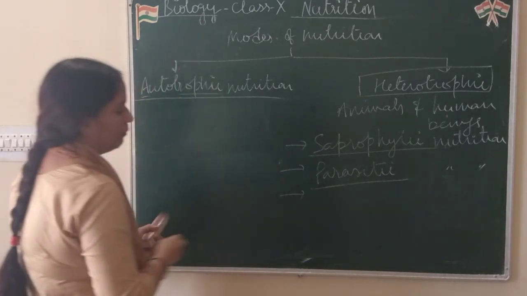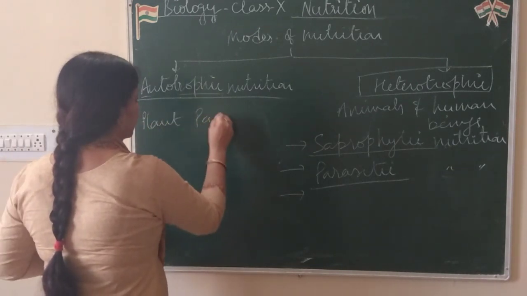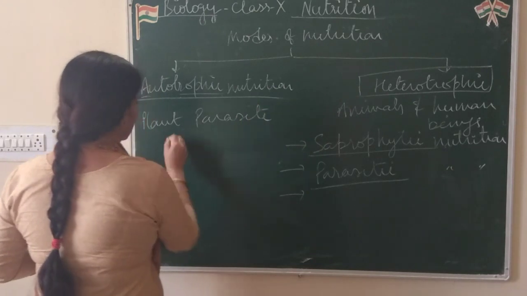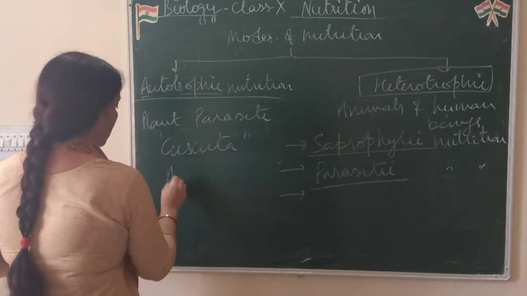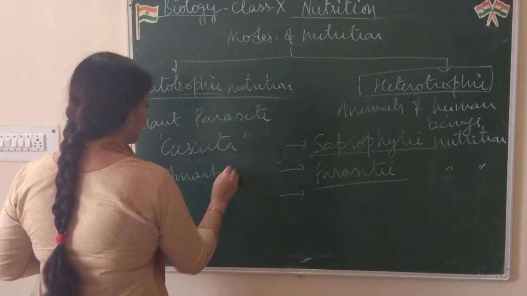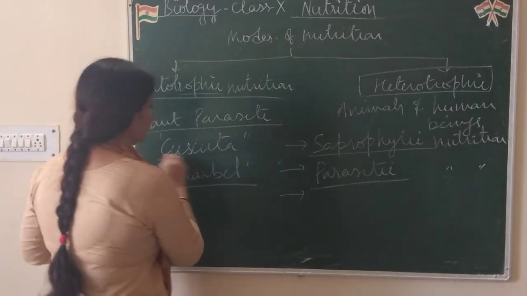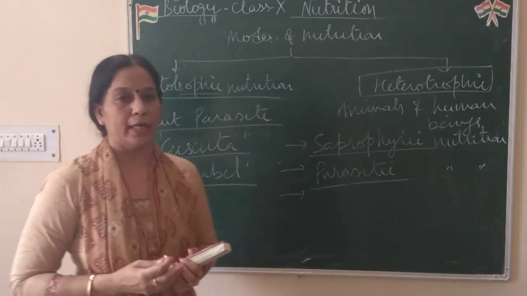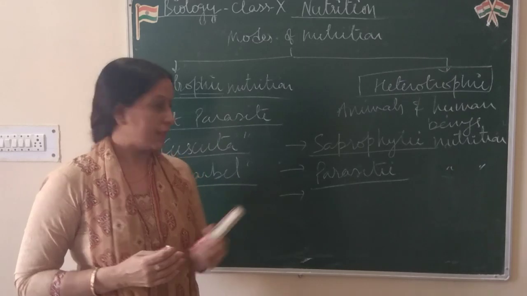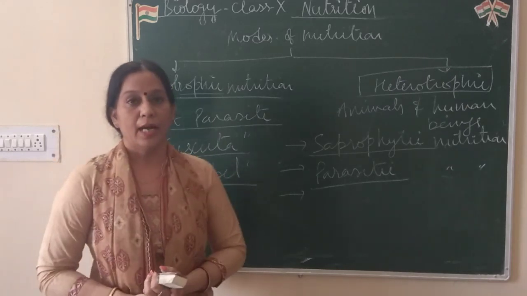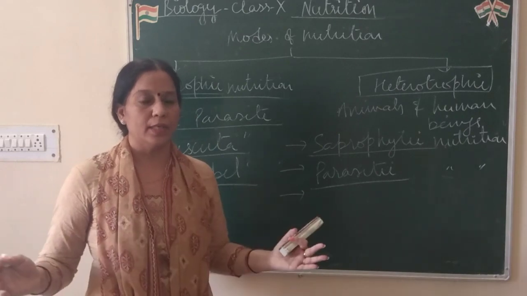Fine. Apart from this, we have one very important example of plant parasite, which is a complete parasite. Plant parasite, that is called Cuscuta, and Cuscuta is commonly called Amarbel. It is a very interesting plant. Complete parasite means it is completely dependent on the plant on which it is growing. This Cuscuta grows on the plants which are growing nearby, and it completely covers it